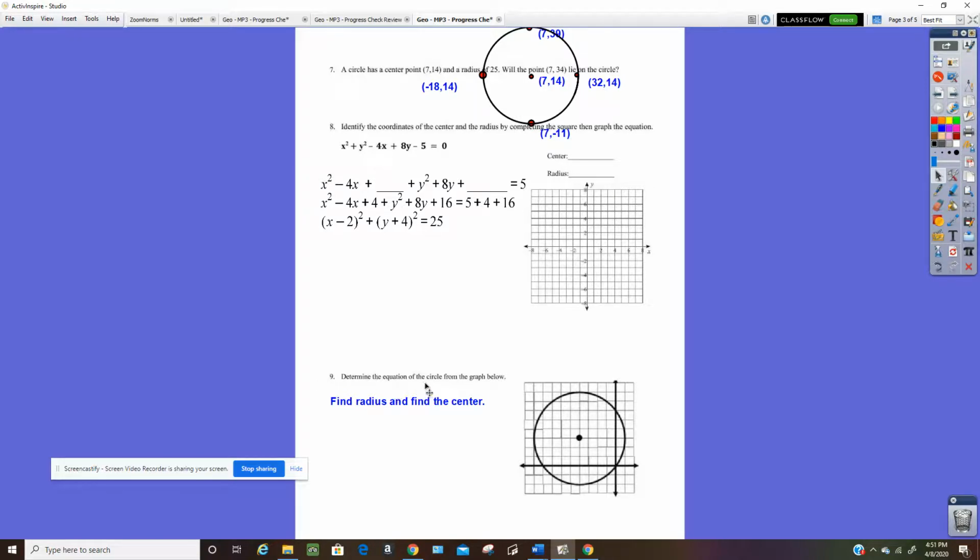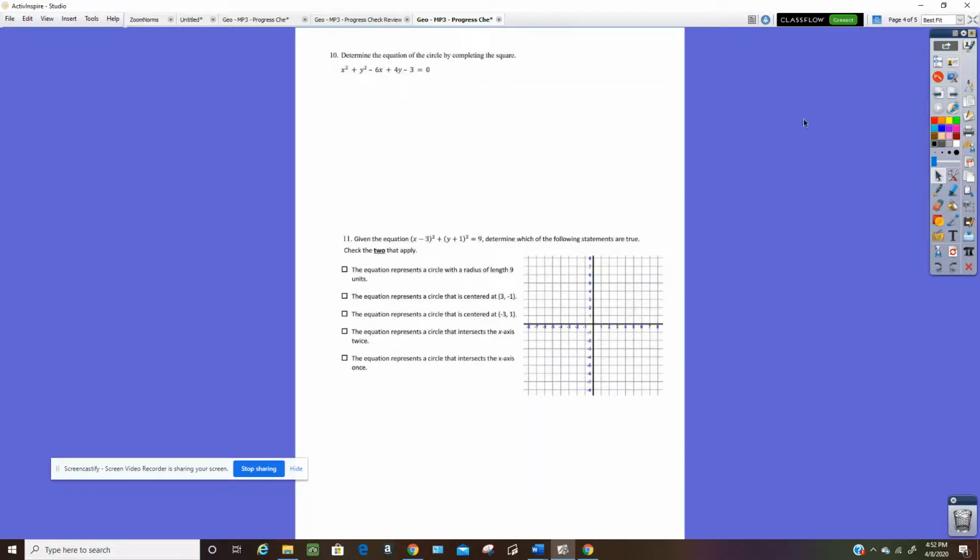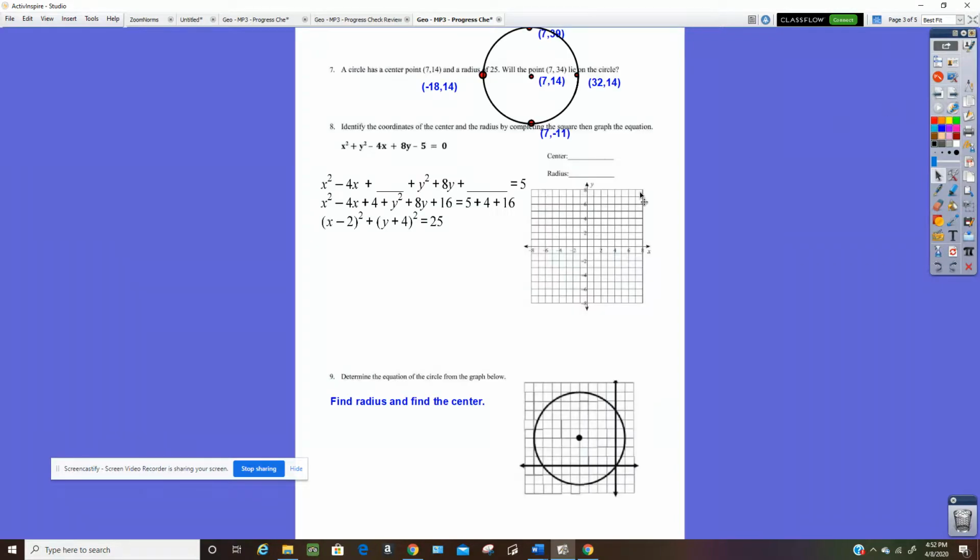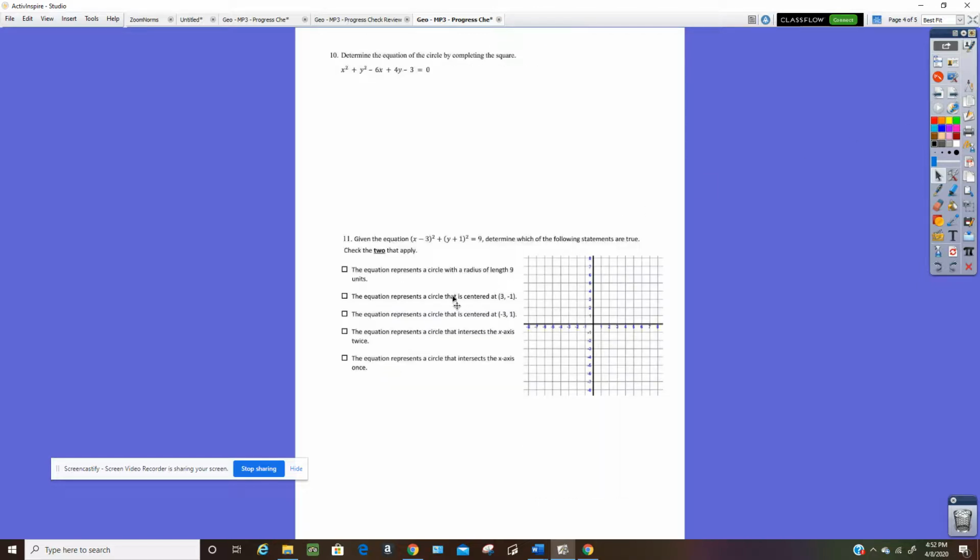If I want to determine the equation of the circle from this graph here, just find the radius and the center, and you plug into this form of the circle, the center and the radius. All right, number 10, you can use number 8 as a model there. So just use number 8 as the model for number 10. And then number 11,